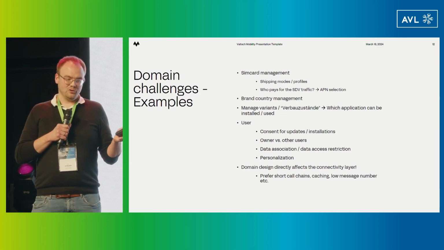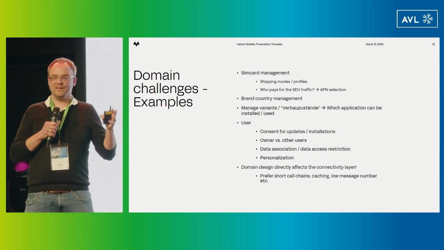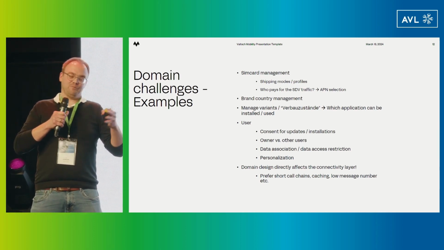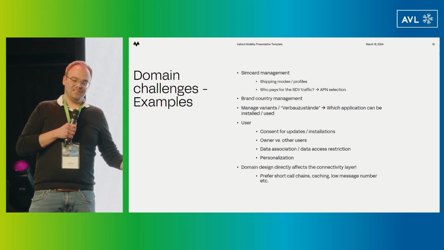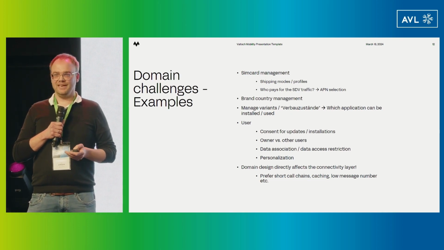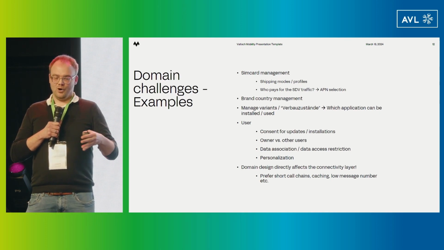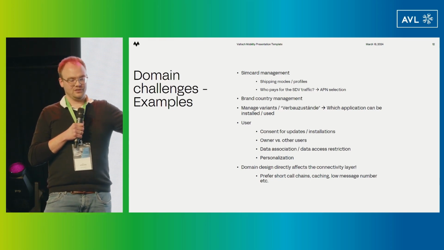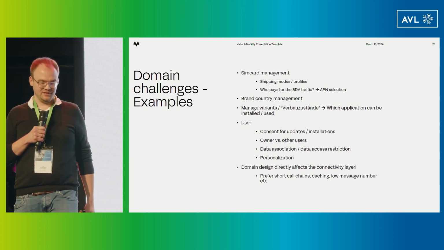Also, like Verbauzustände, so which applications can be installed on which hardware. I know it's always about the reduction of complexity, so having a single setup where you can install nearly all the software would be a dream, I guess, but to be honest, I don't think that will be the case. So you need some way to manage what is installed in the car, what the car is capable of, and have it connected to some update processes or update management processes.